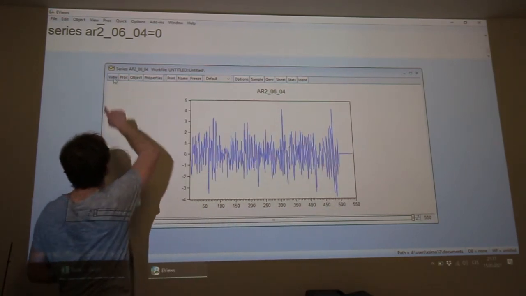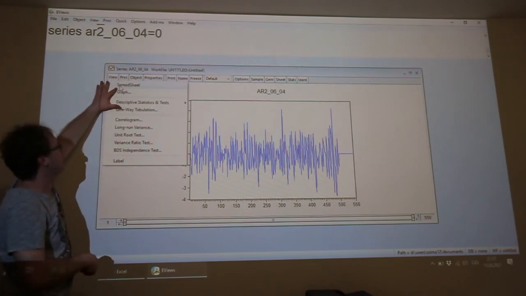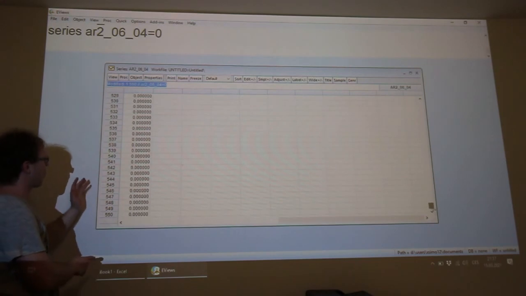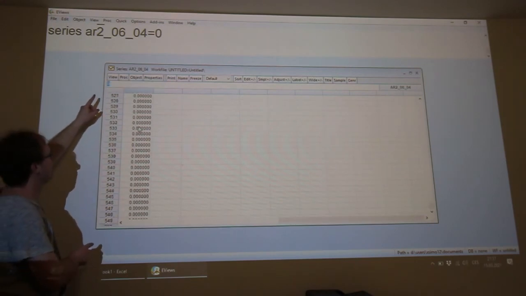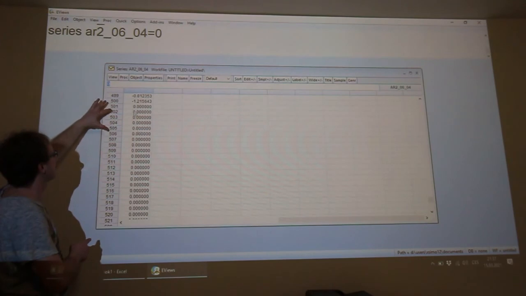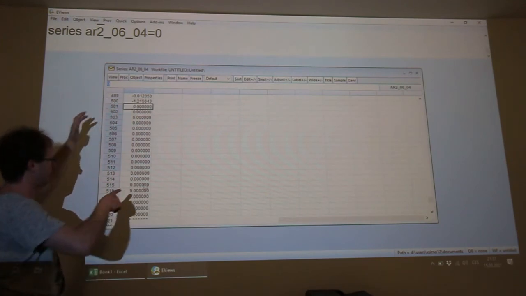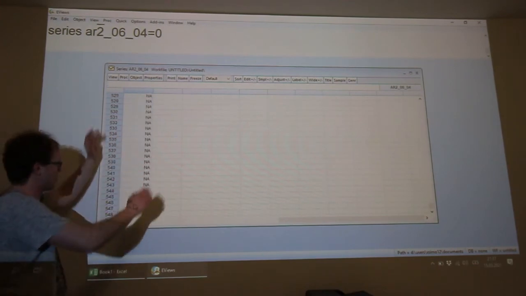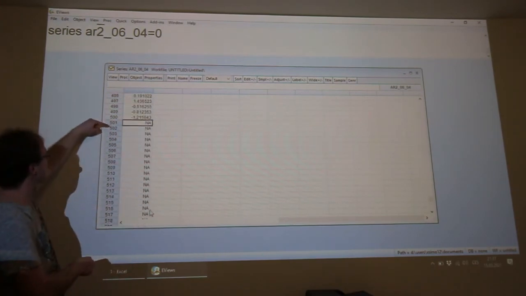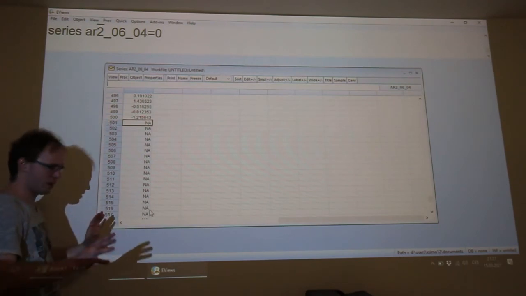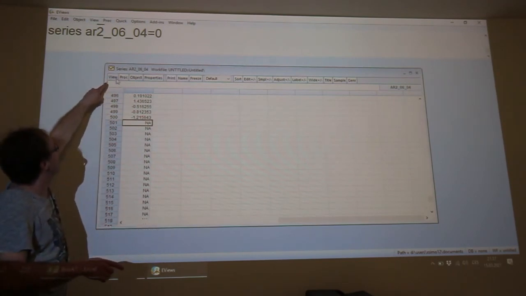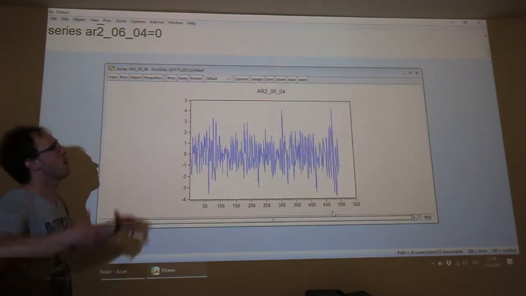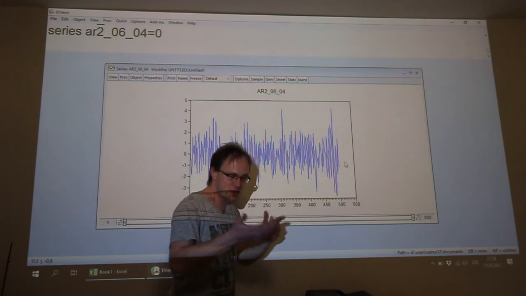So please click on the View button, use Spreadsheet, scroll down and delete the values from observation 501 to the end. Yes, and there will be NA, not available values, from 501 to 550. So again, we can click on the View button, Graph, and OK. Perfect, yes, there is a space for the forecast,